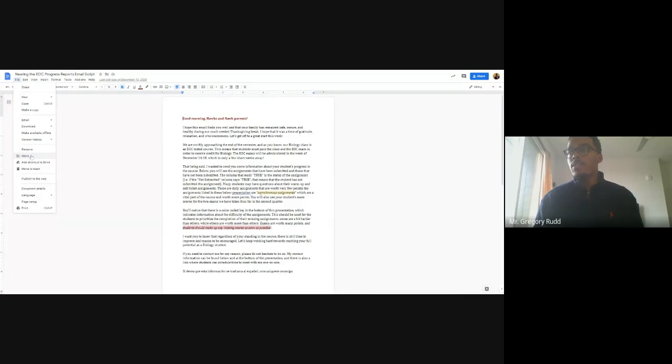Once you click on File, you should see this icon right here. It looks like a folder with an arrow on it, and it says Move. You can also see that that same icon is up here, and it also says Move. So I can click on this,